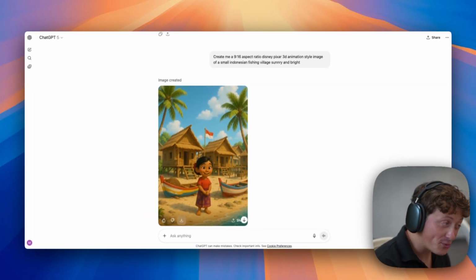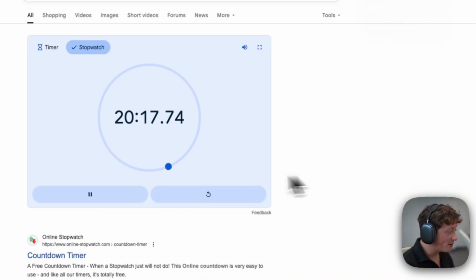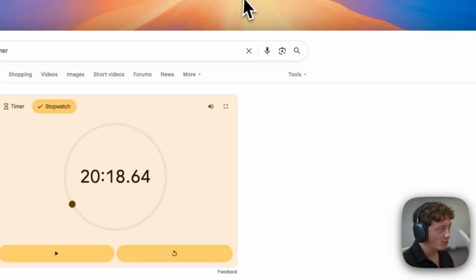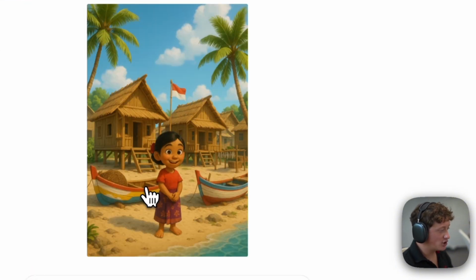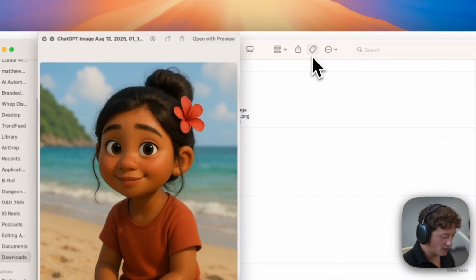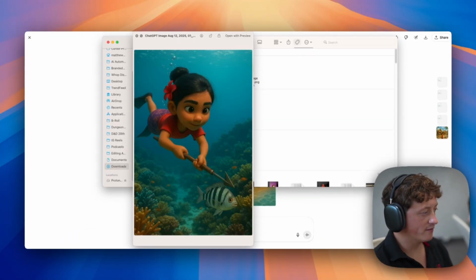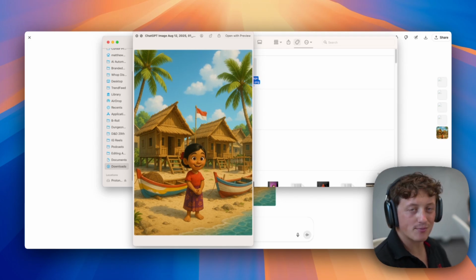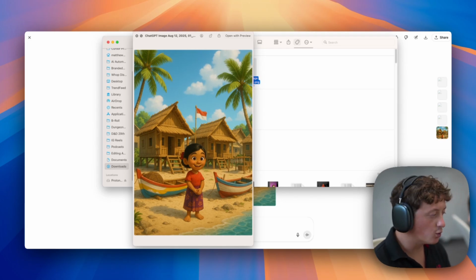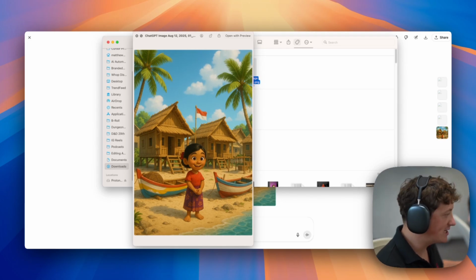That's ridiculous. 20 minutes before we can even do anything. So I'm going to go ahead and pause that timer. We'll go back to here and I'm going to show you the images that we generated. So this is the first image that we generated with ChatGPT, the second one, third one, fourth one, and then the 5th one. Now, the problem is when you're using tools like ChatGPT, as you can already see, over here